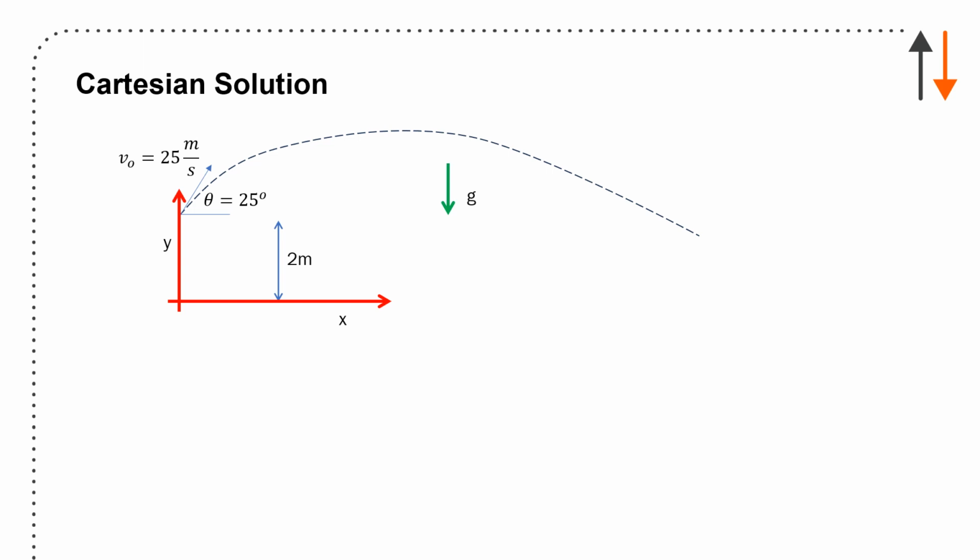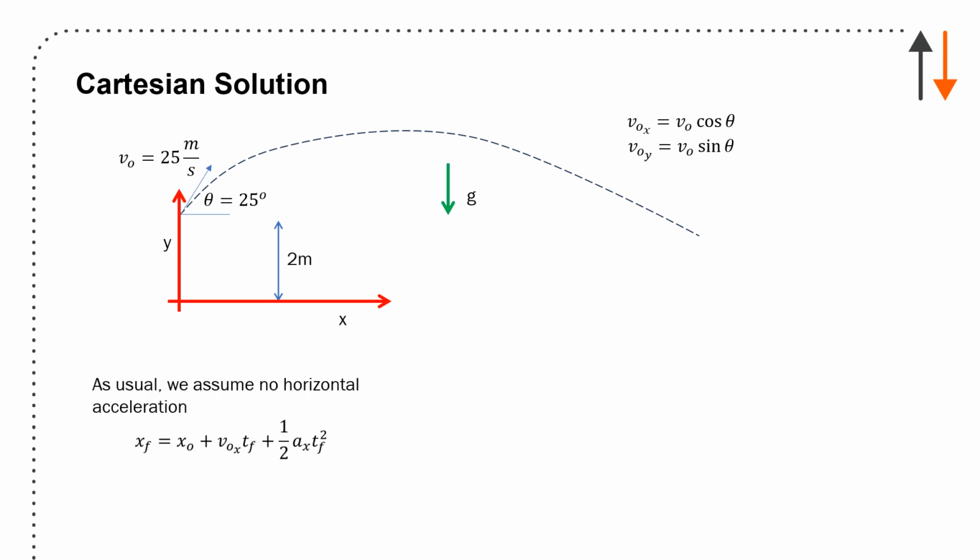So we can start out looking at a Cartesian system. V0 x is V0 cos theta, V0 y is V0 sine theta. As usual, we assume no horizontal acceleration, so the final position is equal to x0 plus V0 x tf plus 1/2 ax tf squared. Ax is equal to 0, no horizontal acceleration, and x0 I've defined as 0 as the starting point. Time of flight then is just the total distance divided by V0 x, and you end up with 2.21